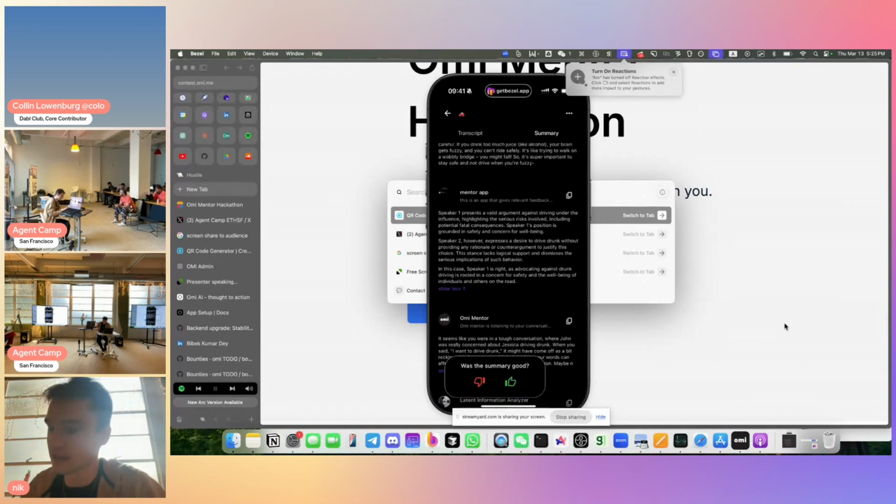It detected there were two people arguing, and it said speaker one is right. So basically, the person who was against driving drunk is right. Okay. So I just did it without writing a single line of code in 1 minute. Sorry, I'm not lying, 10 minutes with just prompting. And this is already 99% better than most people, because most people will not do anything. If you spend at least 10 times more time than me, you can get $50,000 in the next 2 weeks. Good luck.